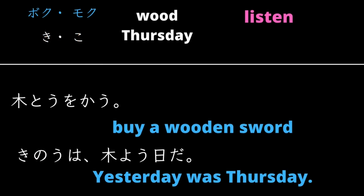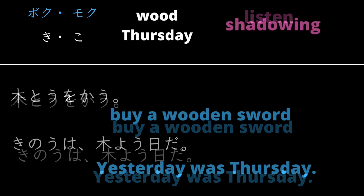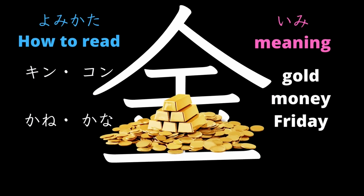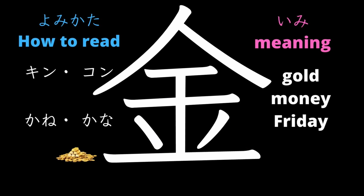Listen. 木刀を買う。 Buy a wooden sword. 昨日は木曜日だ。 Yesterday was Thursday. Shadowing. Repeat as soon as you hear the first sound. 木刀を買う。昨日は木曜日だ。